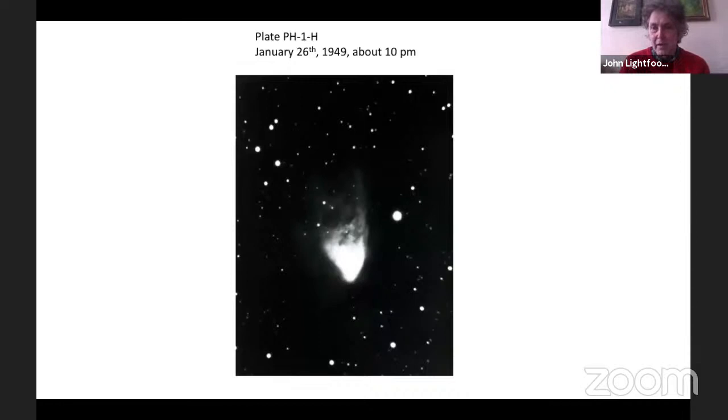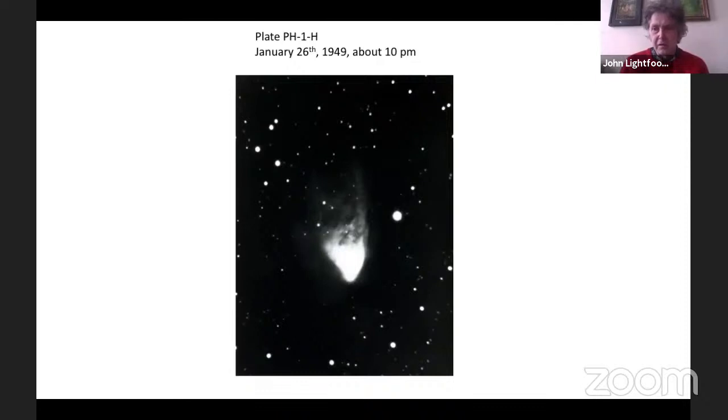I can't actually remember when I first heard about Hubble's Variable Nebula. It's not something I ever learned about as an undergraduate. I suspect I was spending a lazy afternoon on a Friday in UCL, University College London's library, looking at Aviation Week and Sky and Telescope, when I should have been working, and read an article about it. And I could well have seen this photograph in that article. This is quite a famous photograph. It's the first light photograph for the Mount Palomar 200-inch telescope, which was taken in 1949.